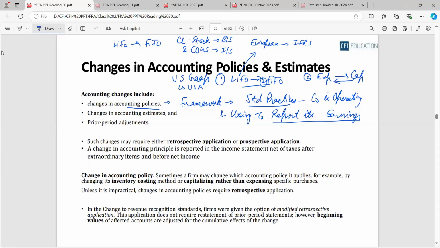Now there is a change in accounting estimate, the next word mentioned. Can you tell me, in layman's language, how we can say there is a change in accounting estimate? The word is estimate. Can you give me the best example of a change in accounting estimate? You might have even studied it in 11th or 12th if you had commerce.